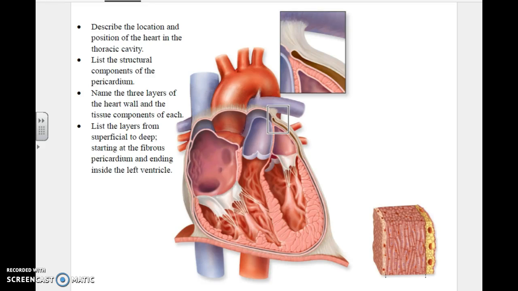All right, let's talk about where the heart is at in your body and then what creates the cavity that it sits in. So we know that our heart is in the thoracic cavity and it's medial to both lungs. But if we zoom in even closer, we can see that the heart and the lungs are in their own separate cavities. So not only is it in the thoracic cavity, but if we divide that thorax,